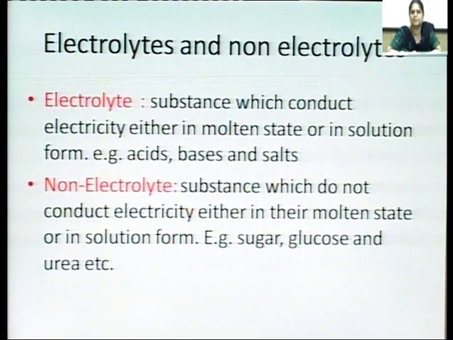Generally, a substance which conducts electricity either in the molten state or in solution form, for example acids, bases and salts, is termed an electrolyte. On the other hand, there are substances which do not conduct electricity either in the molten state or in solution form, meaning they are non-conductors of electricity. Examples of such substances are sugar,